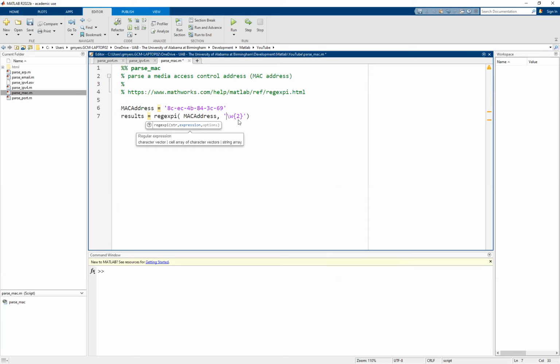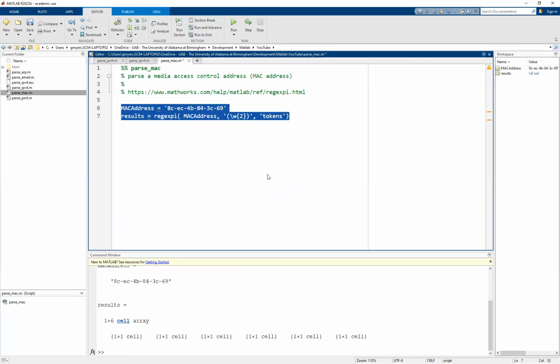And the other thing that we want to do is we want to wrap this then in a set of parentheses to indicate that we actually want to grab the token itself. In other words, if we don't use the parentheses, it's going to match the pattern, but it's not actually going to capture anything. And so if we run this then, particularly with both variables, then you'll see that I have